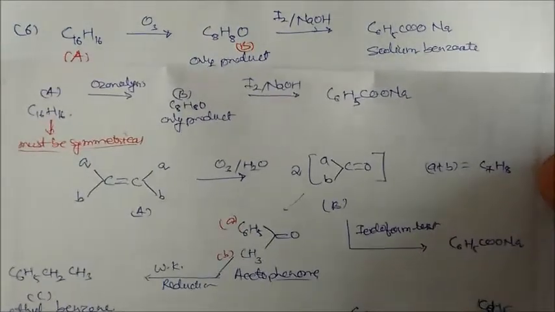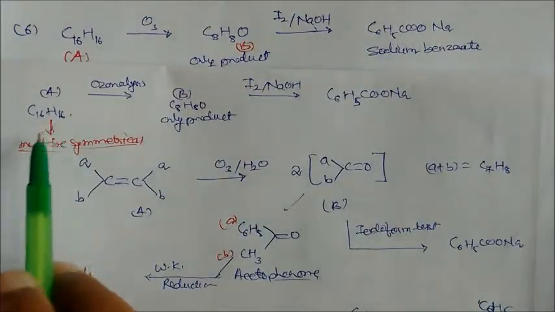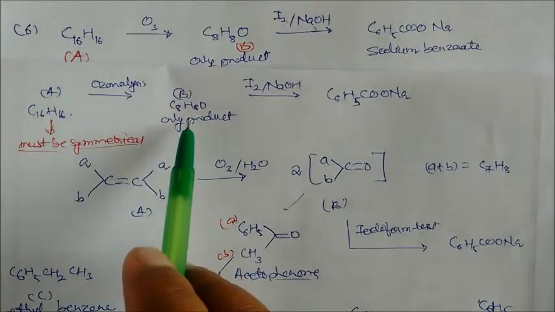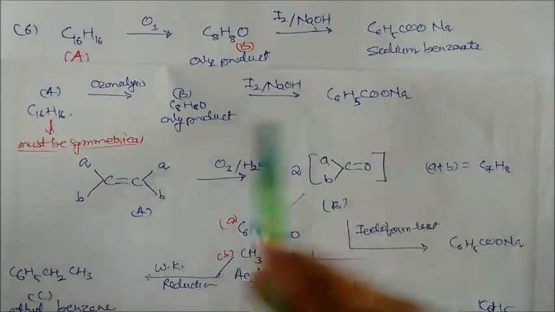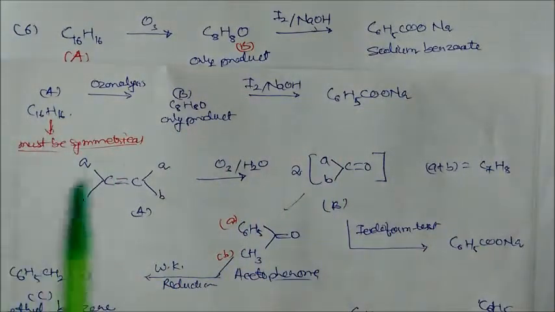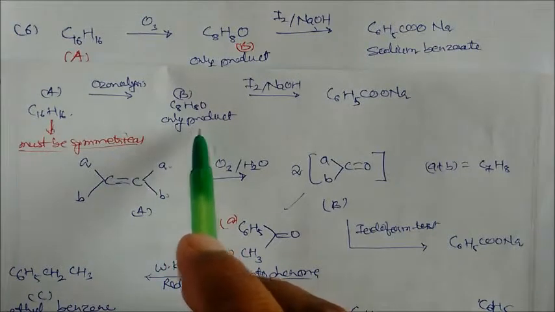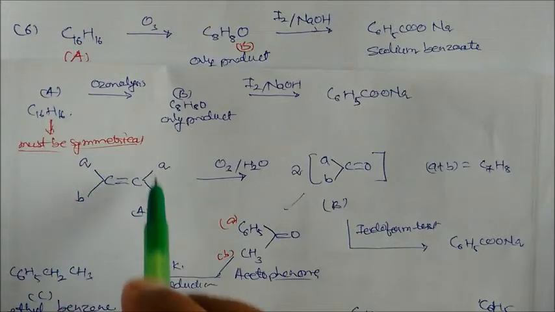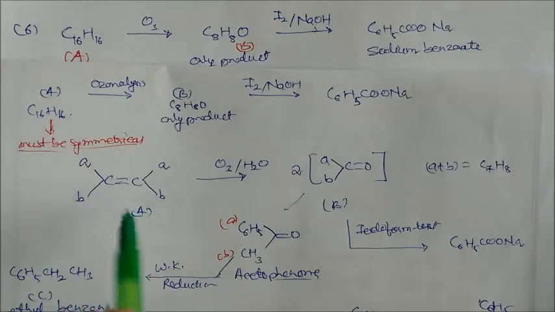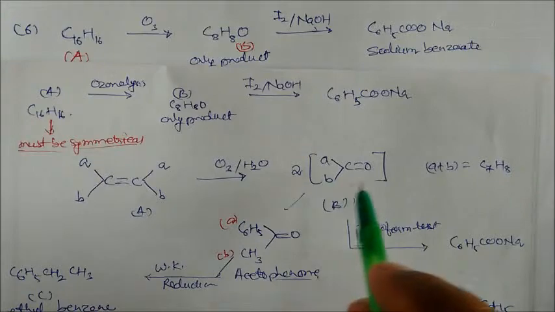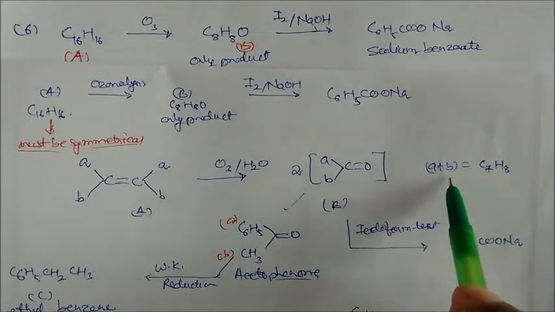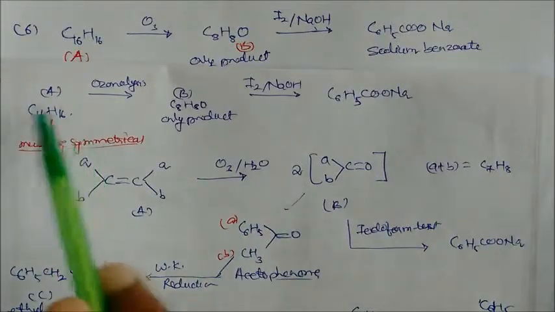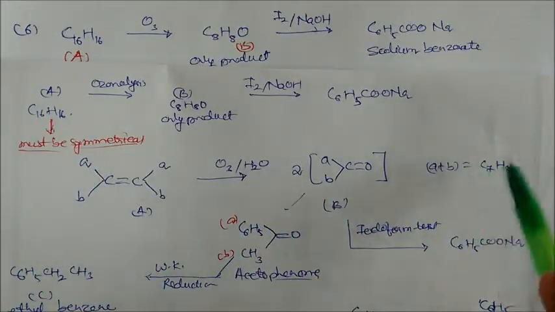So this is our C16H16 compound. On ozonolysis we are getting only one product, that is C8H8O. This means that this compound must be symmetrical, because only one product is possible if it is symmetrical. Symmetrical means, first you write the double bond with A and B on this side, and if you do ozonolysis you will get two molecules of ABCO, and A plus B is equal to how many carbons? C7H8, that is the substrate total minus CO, so you will get this much structure.